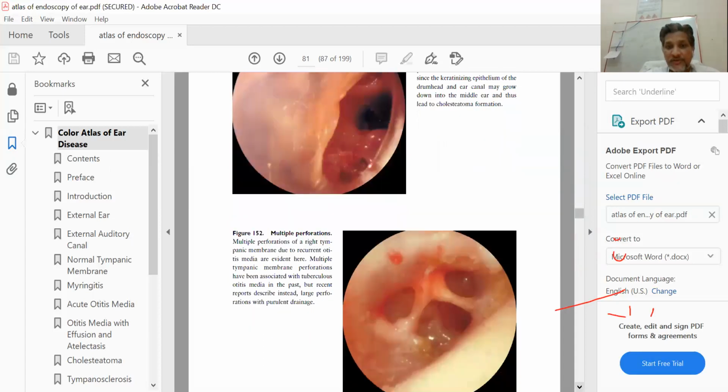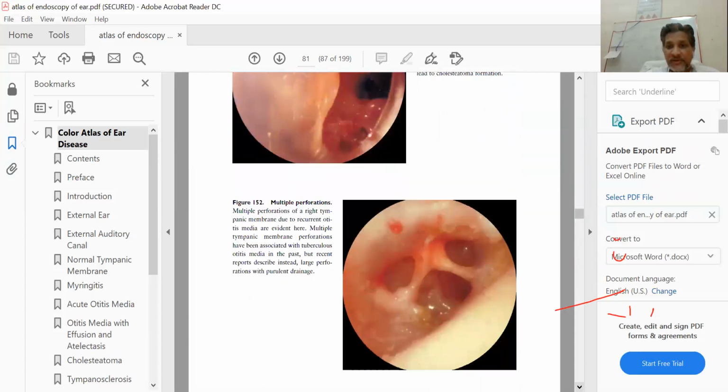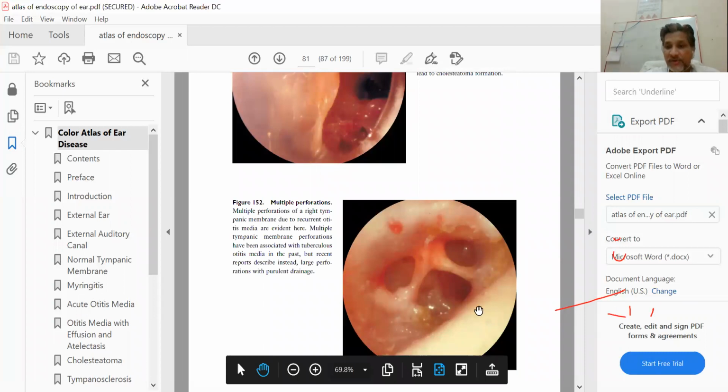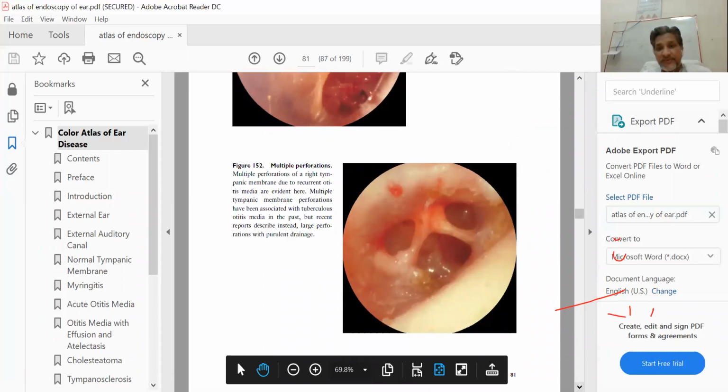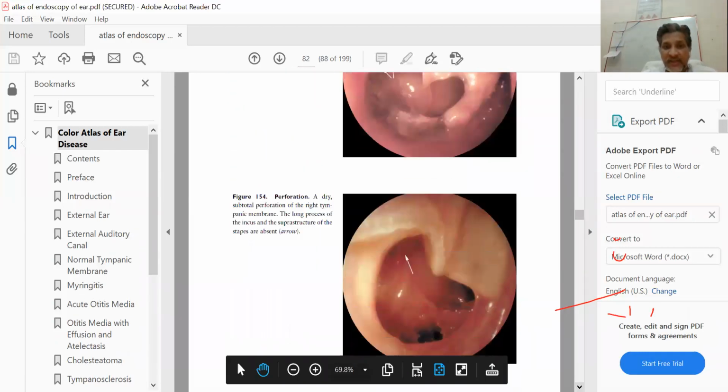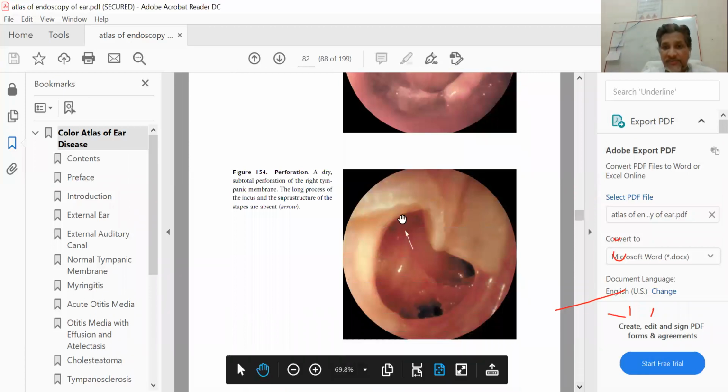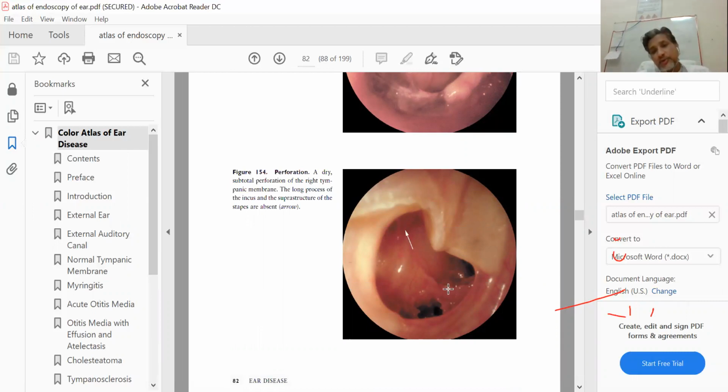So this I will skip also. Mucosal polyp you can see. Sorry, you can see multiple perforations in this tympanic membrane. So this is again a large perforation. Again, you can see that there is an edematous middle ear mucosa. So the endoscopic picture of the tympanic membrane and middle ear gives you an exact sense whether the patient will heal by itself or some kind of anti-inflammatory drugs are required at this active stage.